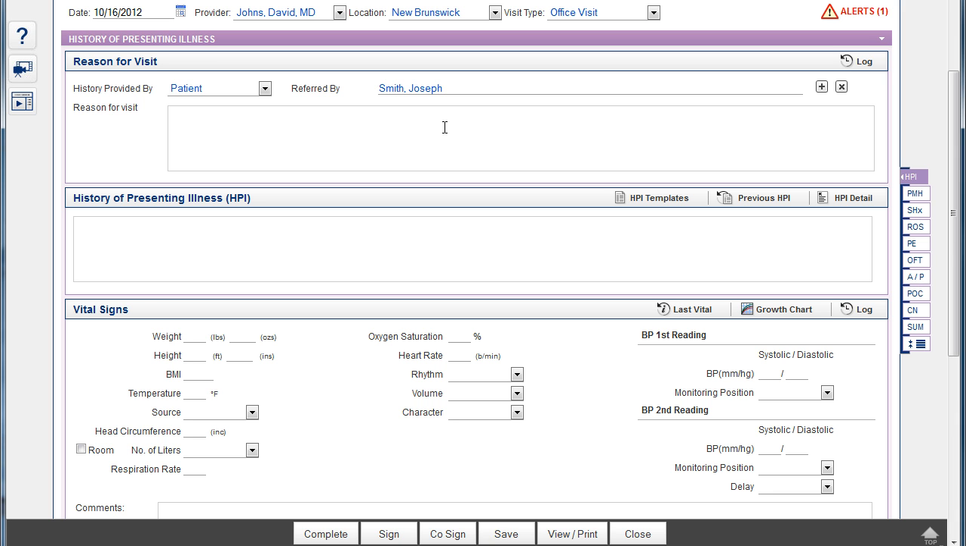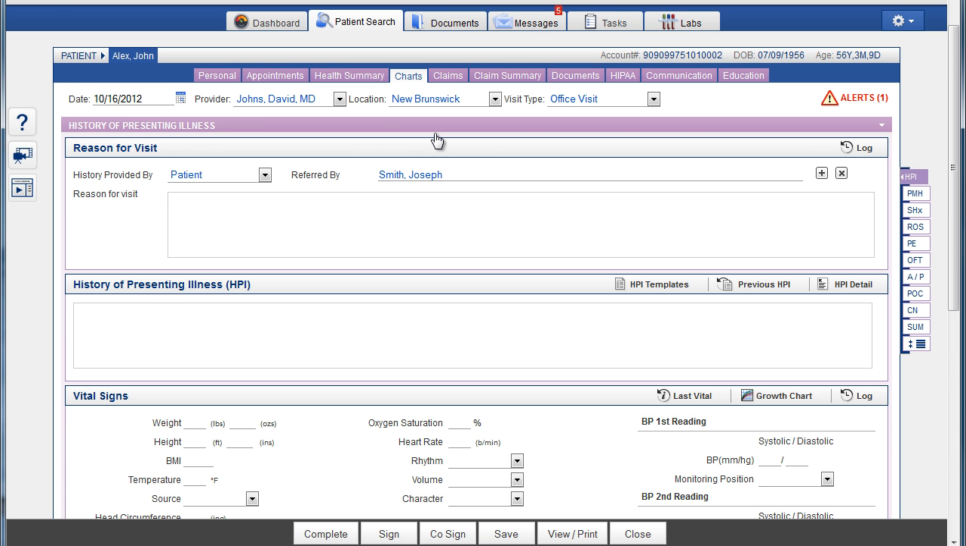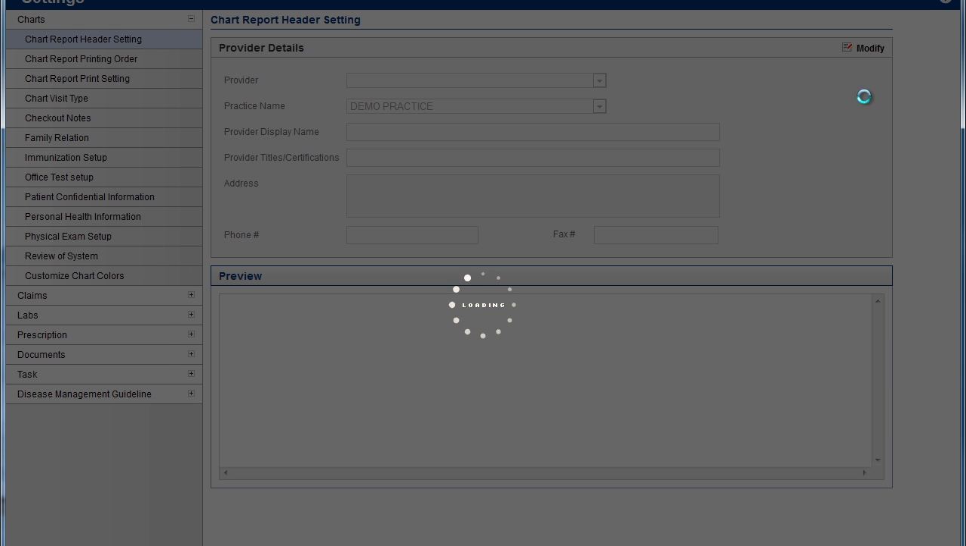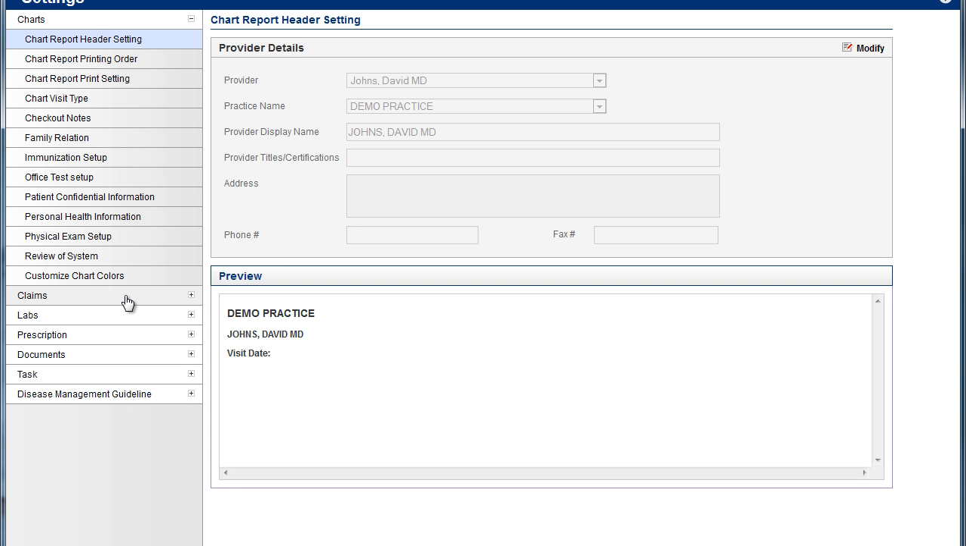Now let's suppose you do not find a referring physician in the system. You want to add that referring physician in the referring physicians list. To add a referring physician, you're going to click on the Settings tab right over here and click on EHR Settings. It's going to take you to the settings tab of the web EHR. Click on the